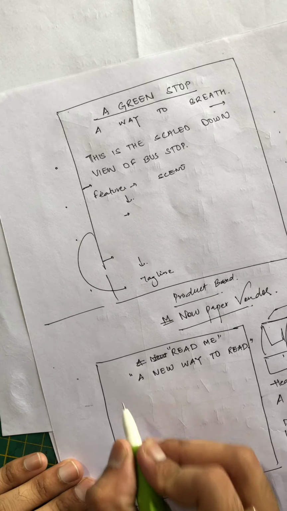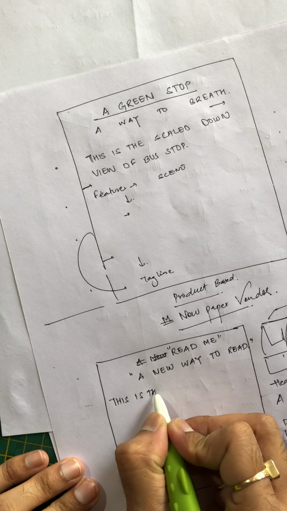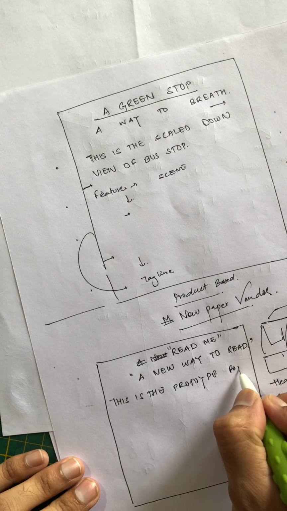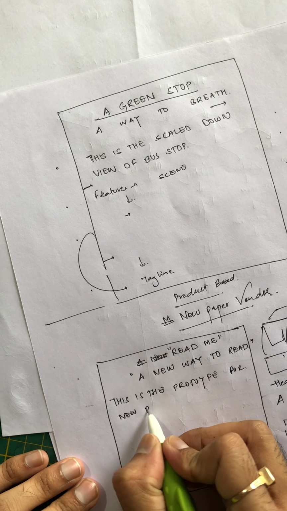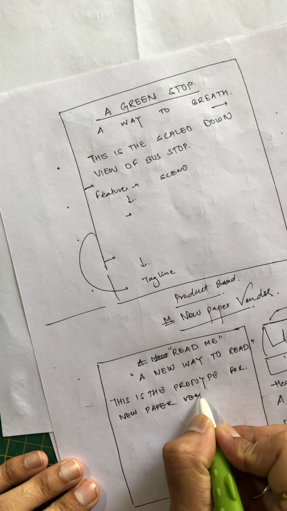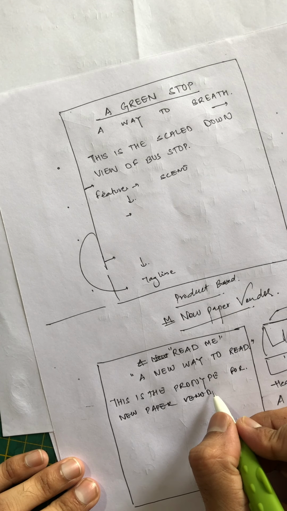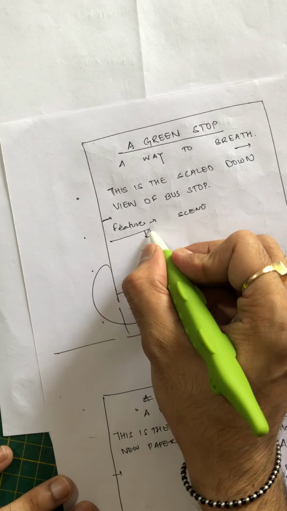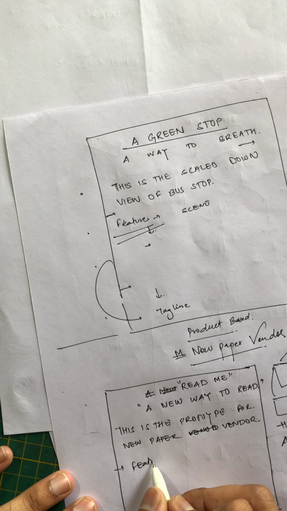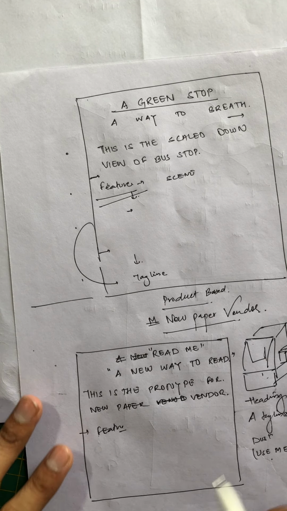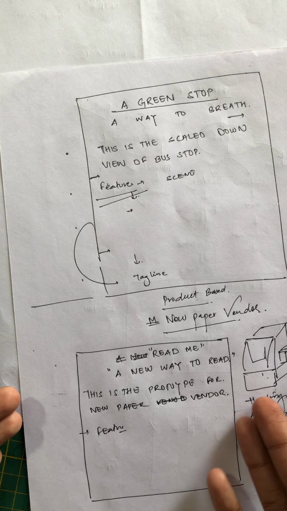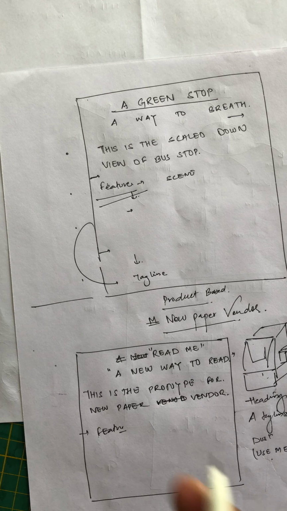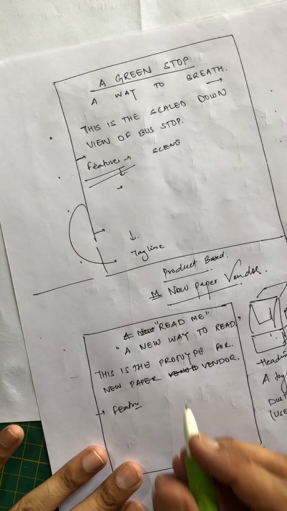All right, in this you have to write, this is the prototype for newspaper vendor, right? Yeah, like that. And then talk again about the features you have mentioned. Please don't try it. I have a dustbin; obviously, it's visible. It's a dustbin, right? Mention what is not visible. Maybe you have added a particular sort of button, a particular sort of box which gives sanitizer. So point out that